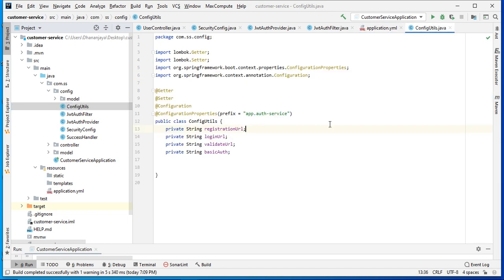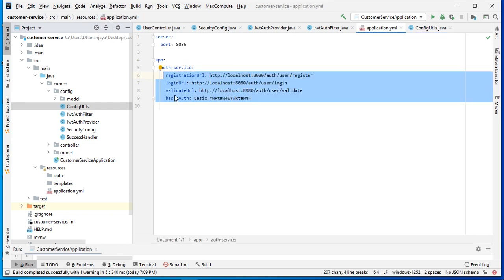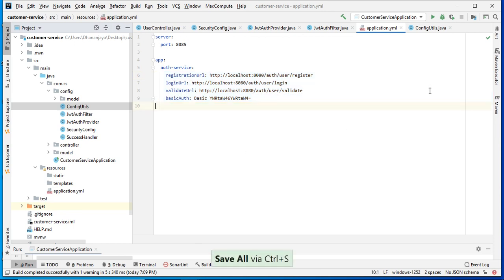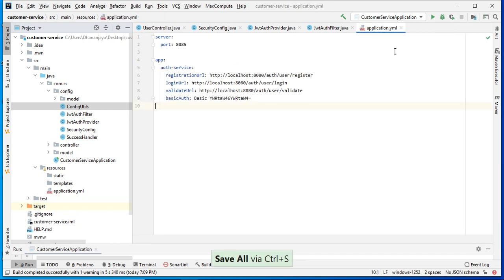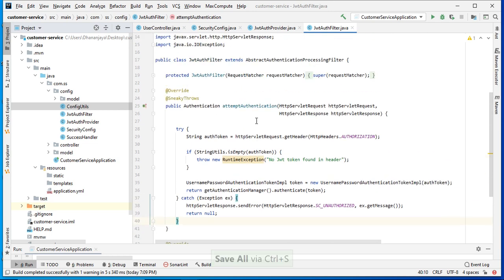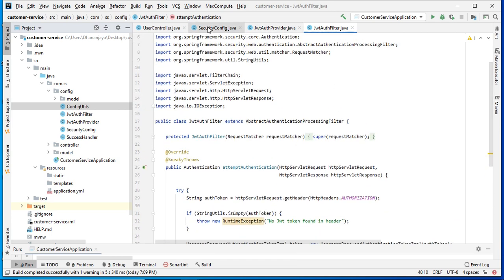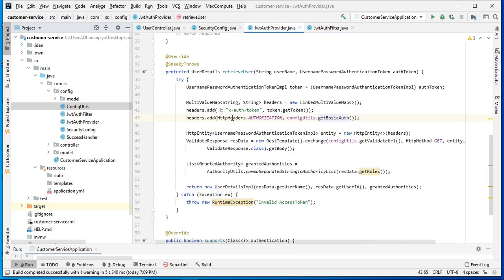Okay, so the field name should be the same as the property name, whatever you have defined here, so that it will read the property and populate the value here. After that, the same config util class I am injecting in the provider.